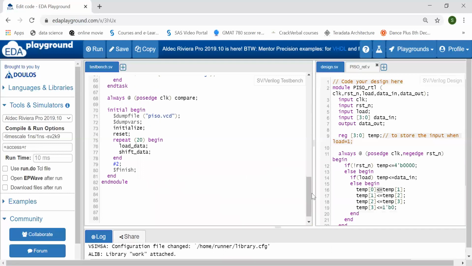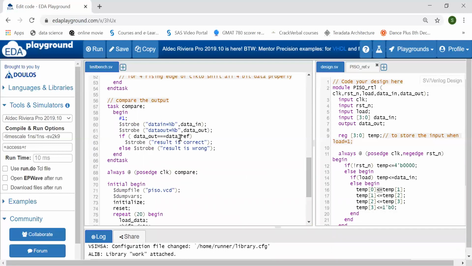Okay, so data reference, that is my data out reference.